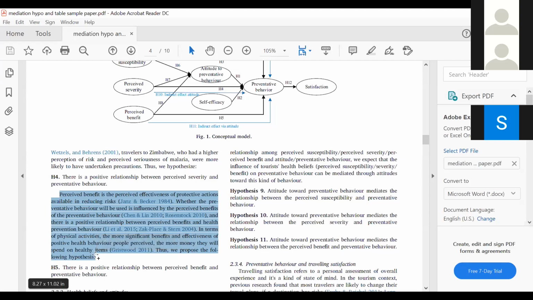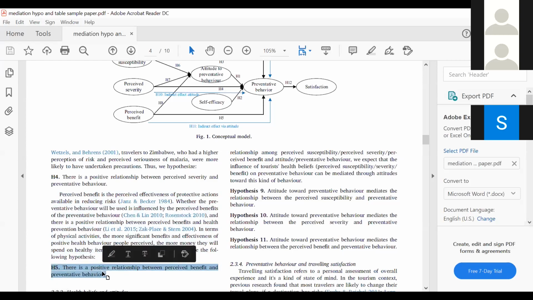Perceived benefit is perceived effectiveness of protective actions available in reducing risk. Jazz and Becker: behavior will be influenced by perceived benefits for preventive actions. Chen and Lin. ऐसे 4 ऑथर्स उन्होंने दिए हैं। अब तक ये 4 ऑथर्स आपके पास नहीं हैं, आई एम रिपीटिंग, आप ये हाइपोथेसिस रिव्यू ऑफ लिटरेचर चैप्टर में फ्रेम नहीं कर सकते। Now going back to my PhD students,